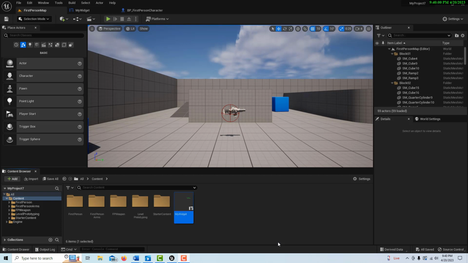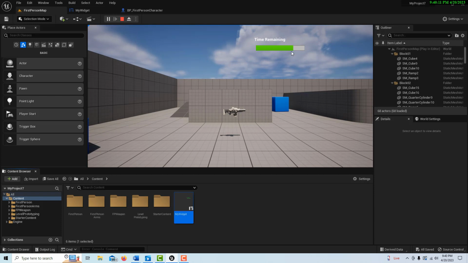Hey, how's it going? Today I'm going to show you how to create this graphical timer. Here it says time remaining, and this is set for 30 seconds. Not only does it decrease as time runs out, but it's also changing colors. So it's going to get redder and redder